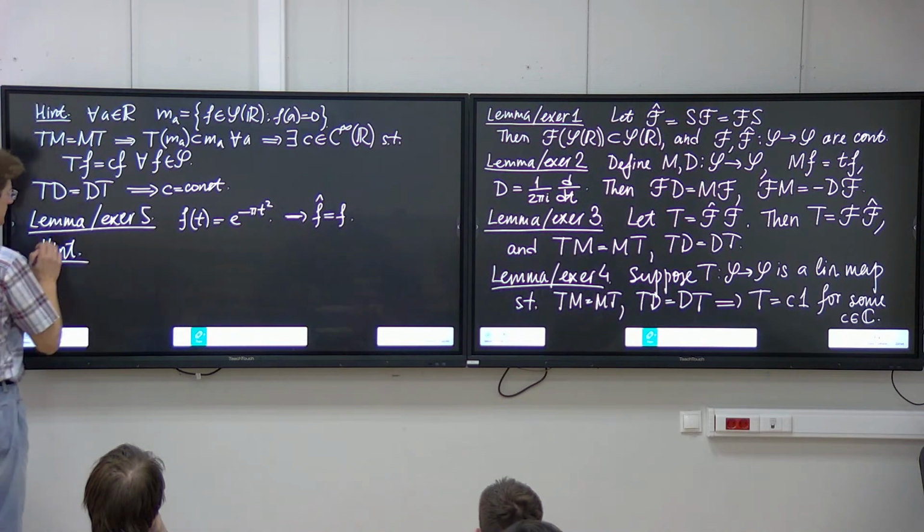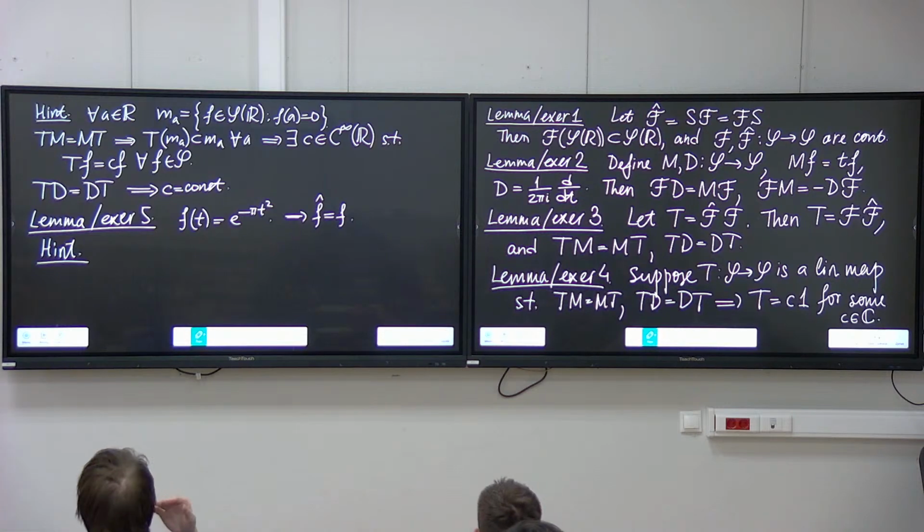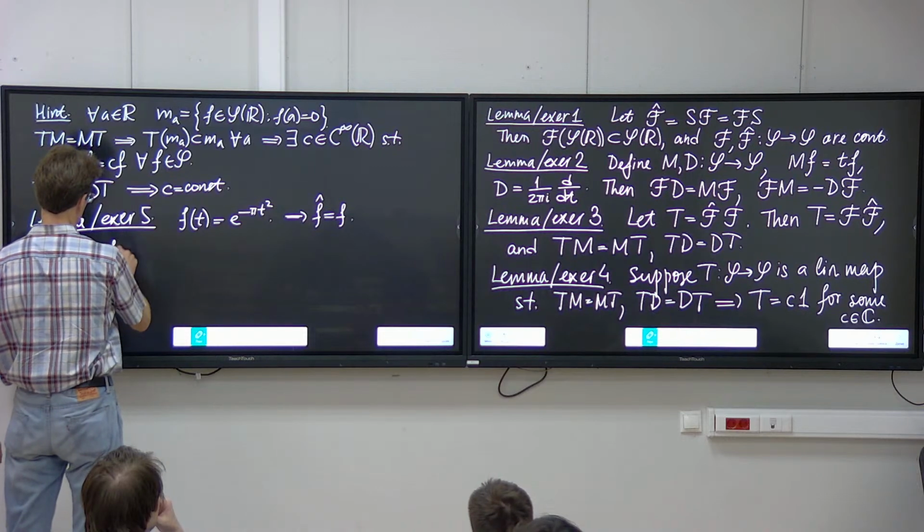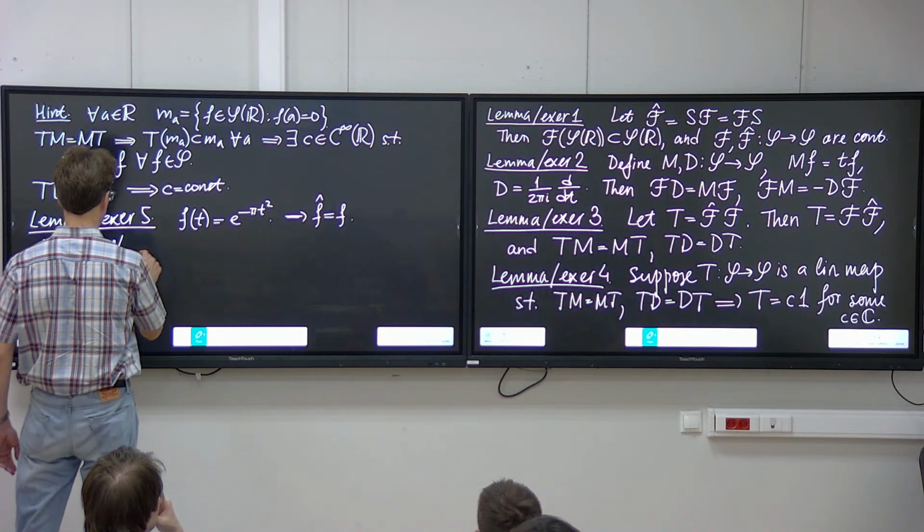Again, here's a little hint. Again, there are several ways of proving this. In my view, the shortest way is to show that both f and f hat satisfy the same differential equation. Namely,